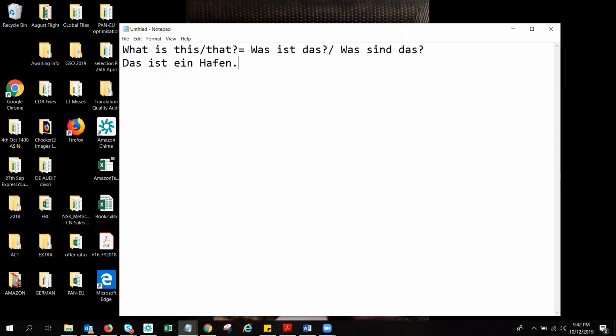The second way you can answer is directly with the definite article. This one is indefinite, ein. Sorry, unbestimmt is indefinite. I told you about bestimmt and unbestimmt; we have used the words definite and indefinite. Definite in German is bestimmt, and indefinite in German is unbestimmt. So bestimmt article and unbestimmt article.